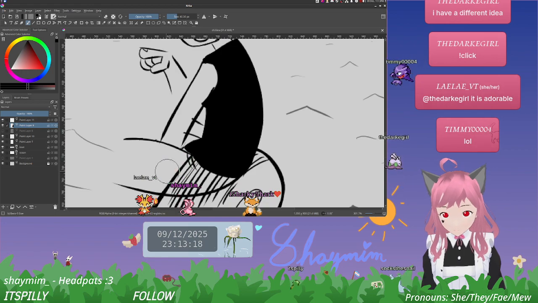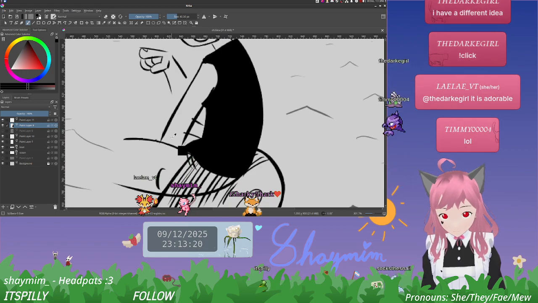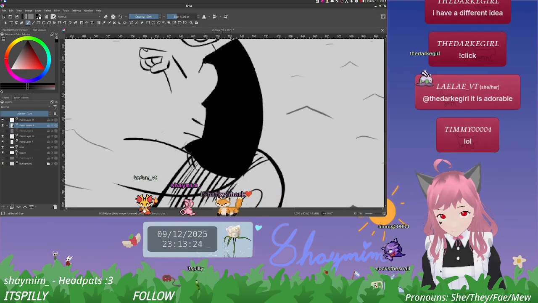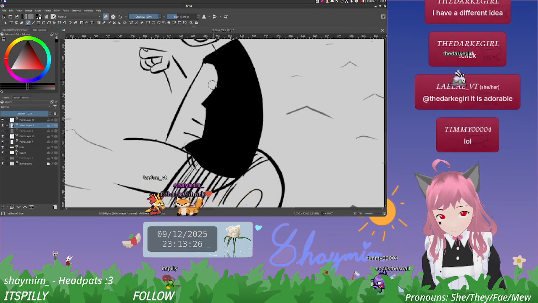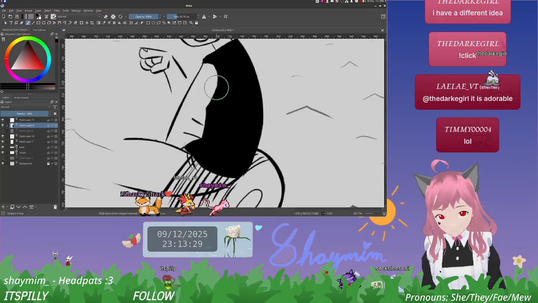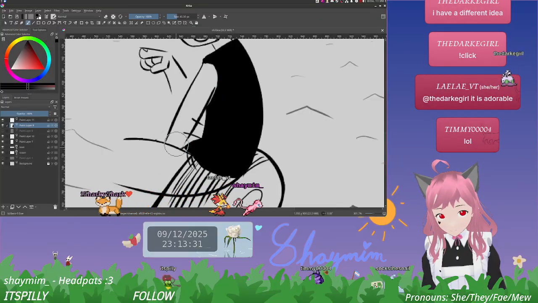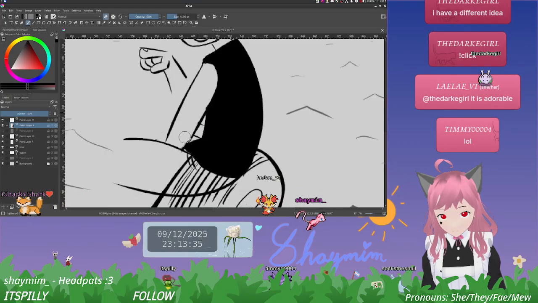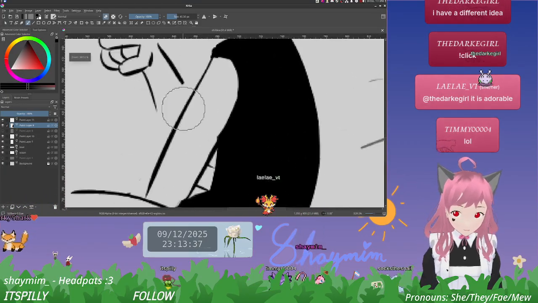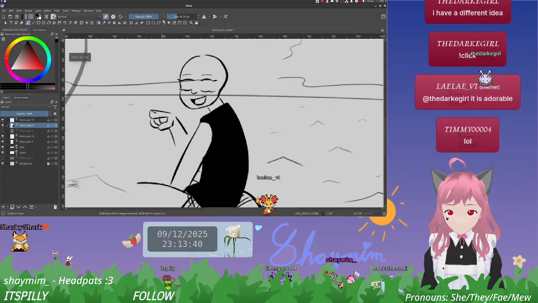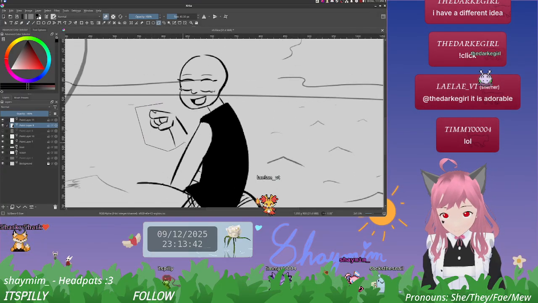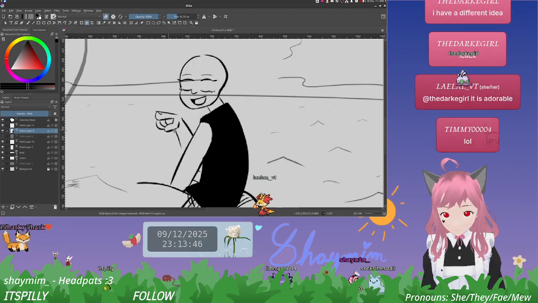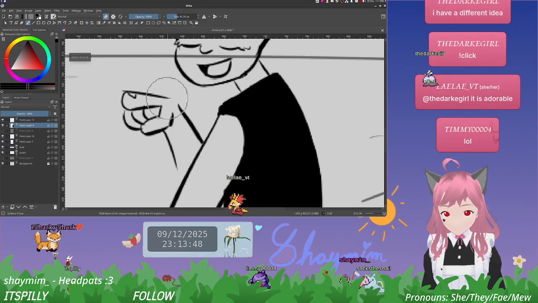So the hand is theoretically grabbing onto the ledge there. And then I guess I move this hand closer, because I like the way that hand looks.